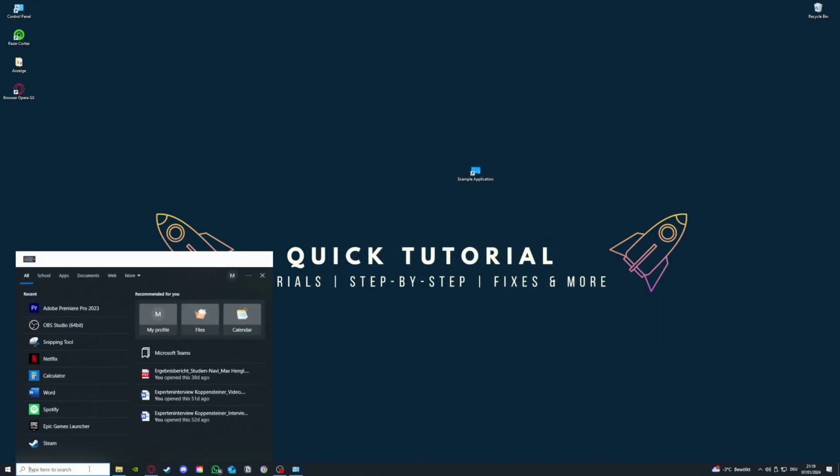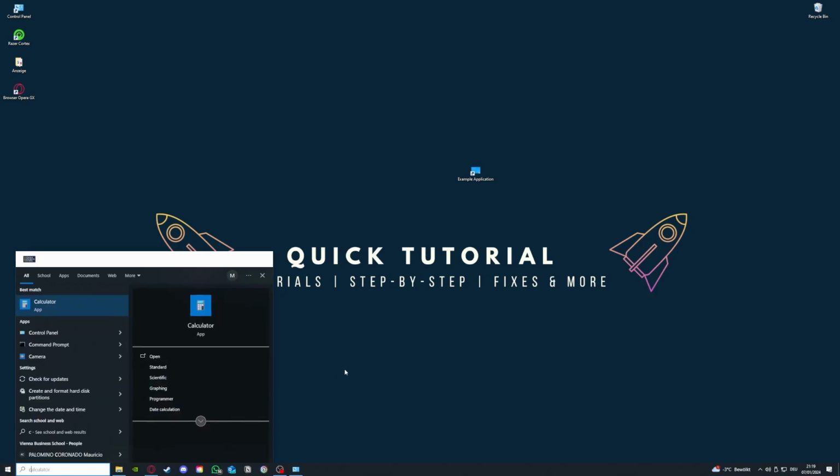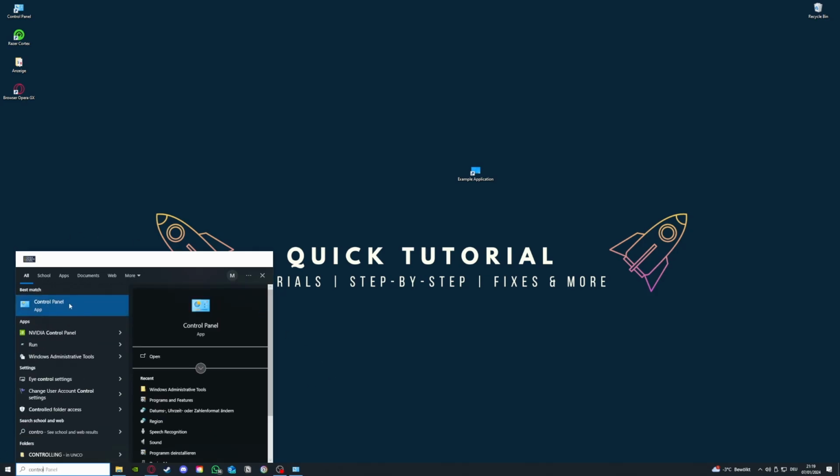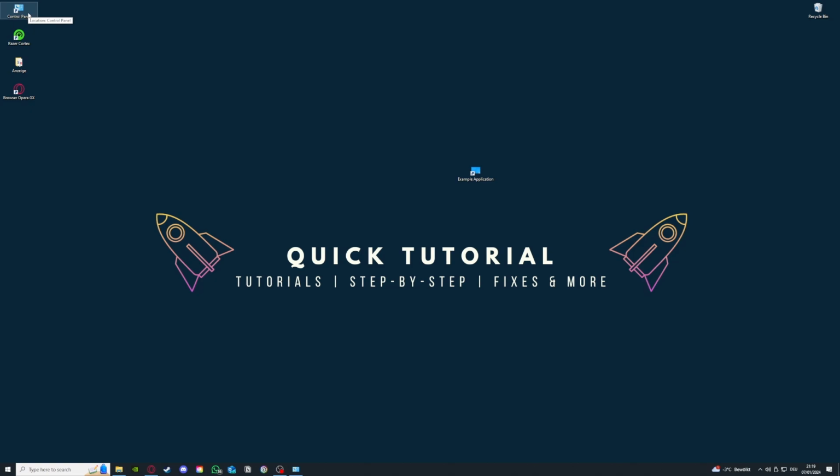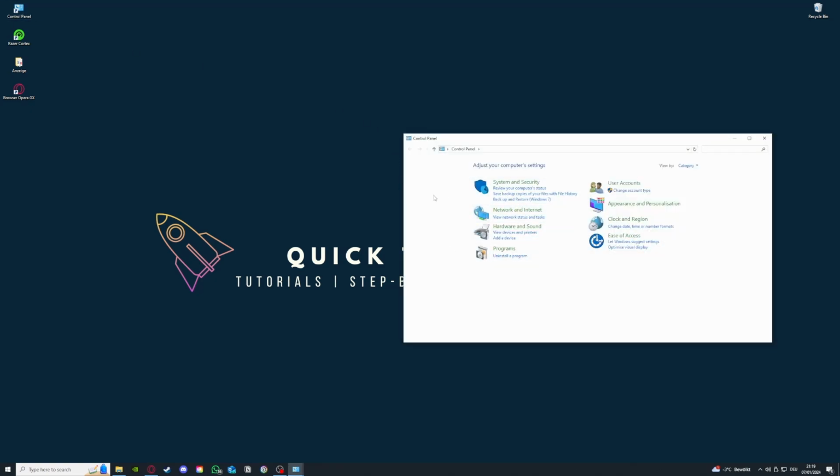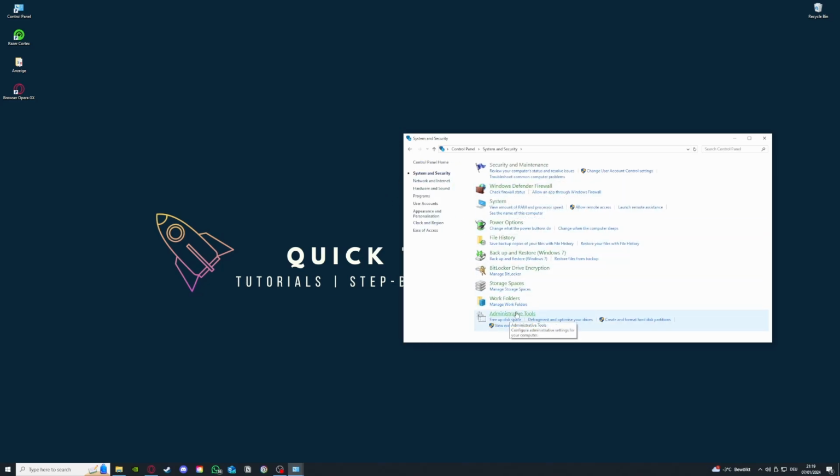And yeah, so the third fix I have for you is in the control panel. You can go to the search bar down here and type in control panel, or I have it right here. I'm gonna double click it, and you want to go here to system and security, then go to administrative tools,